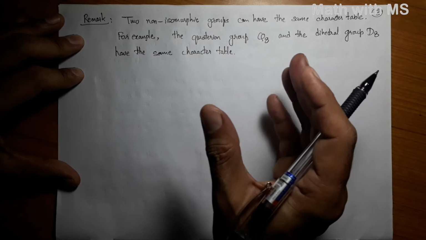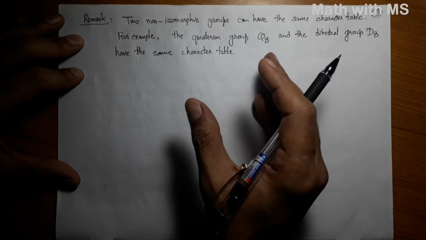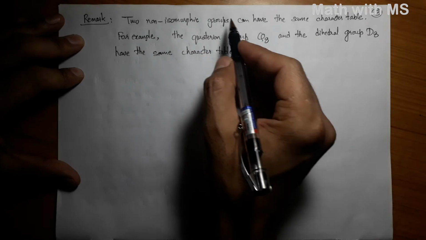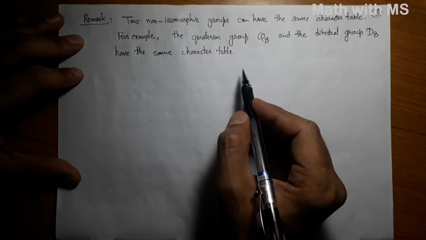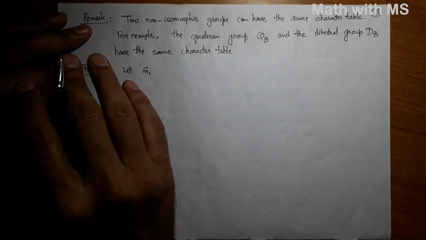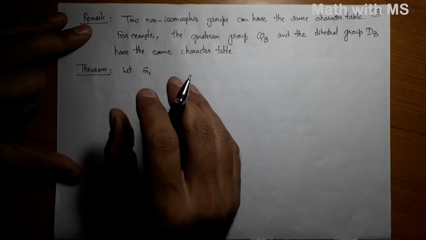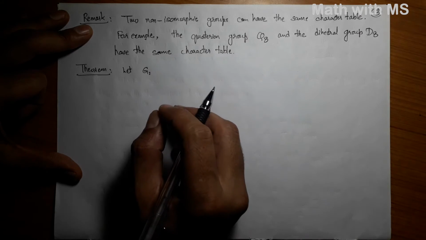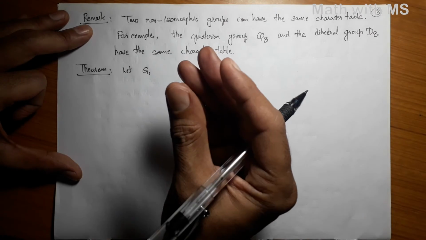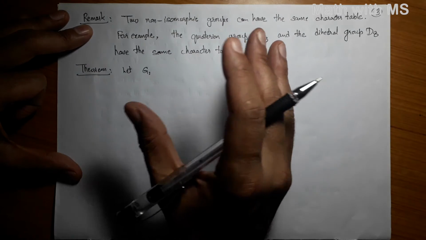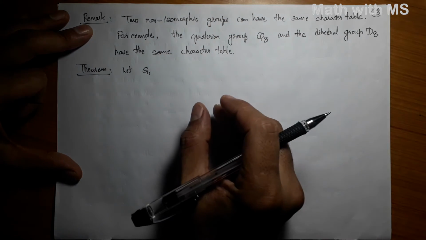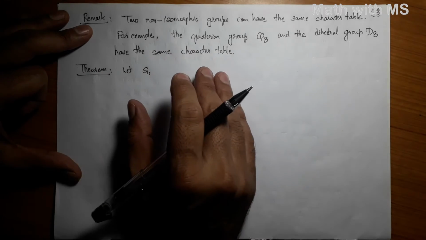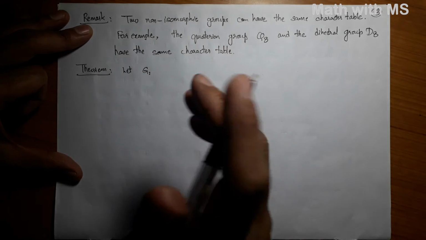we need to know all their irreducible representations and conjugacy classes. Conjugacy classes you can compute by hand, but for irreducible representations we need to do some work. Let us prove a result which gives a complete description of all irreducible representations of a finite abelian group. Recall that if you have a finite cyclic group, then you know how to compute all its irreducible representations. So this theorem will tell you how to compute all irreducible representations of any finite abelian group.